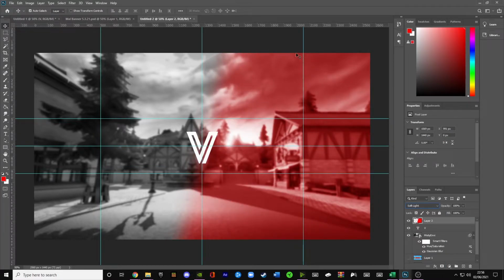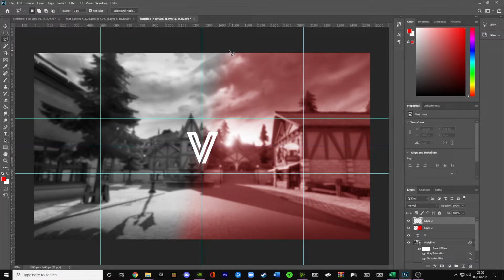Now you can already see it gives it some color and just looks really clean. You can mess about with the opacity here. So if you want just a very light tint, you can have it as that. If you want it a bit less subtle, you can just have it at 100% opacity. I think about 60% looks good for me. And then what you can do is just create another layer if you really want to,